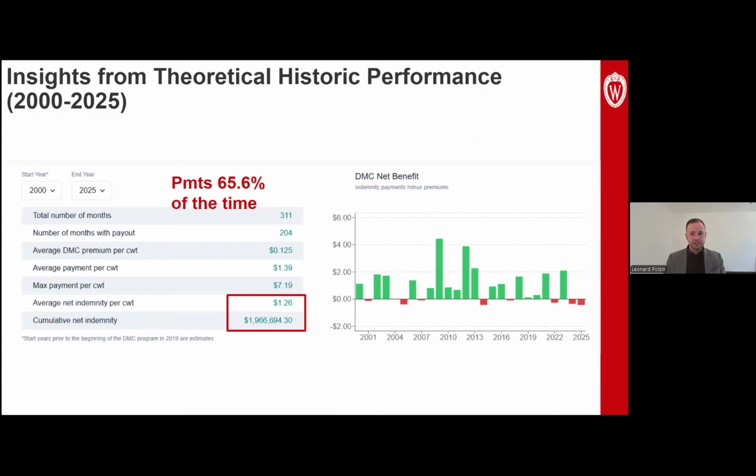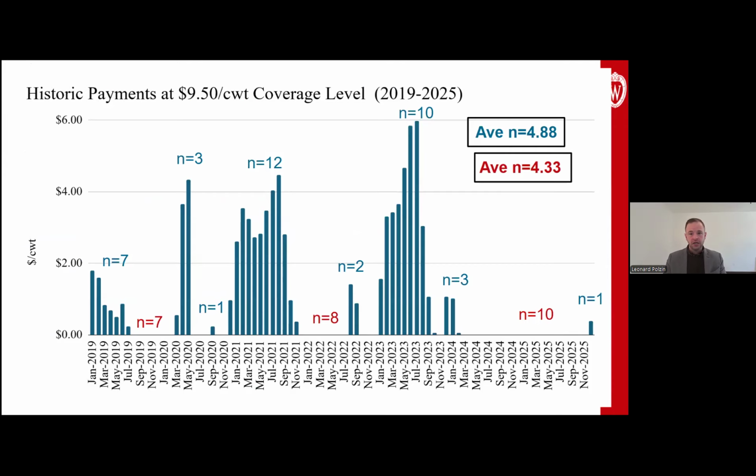So again, I think this speaks to a few things. One, the clustered nature of when those payments are triggered, and also just some of the inherent volatility in where these markets go, right? I want to go back just one second here to this slide, and say that